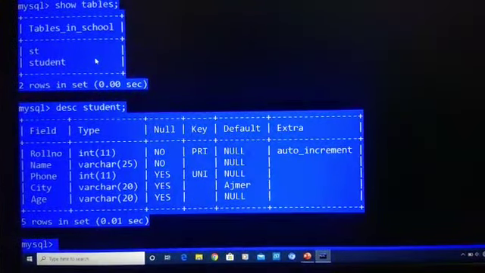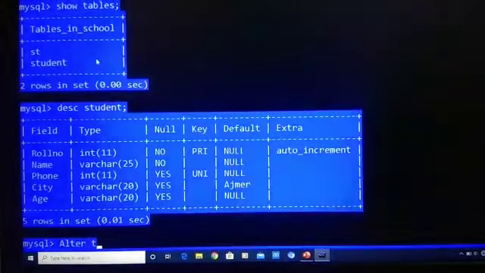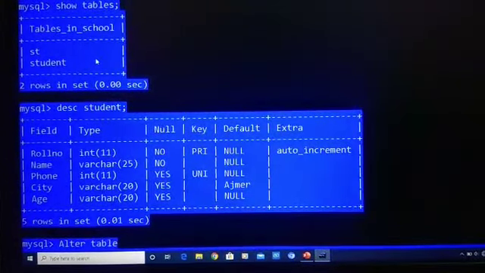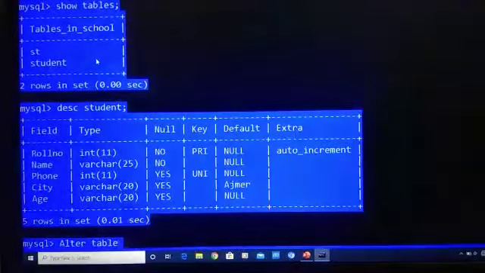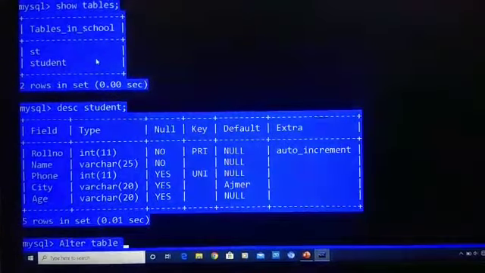So first we will add a column in this table. Suppose we want to add a column of class. So we will write the command alter table. We are altering our table student, so after that we will write our table name, student.